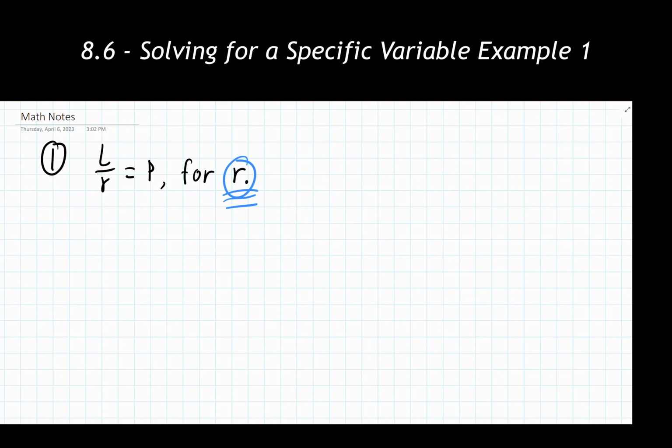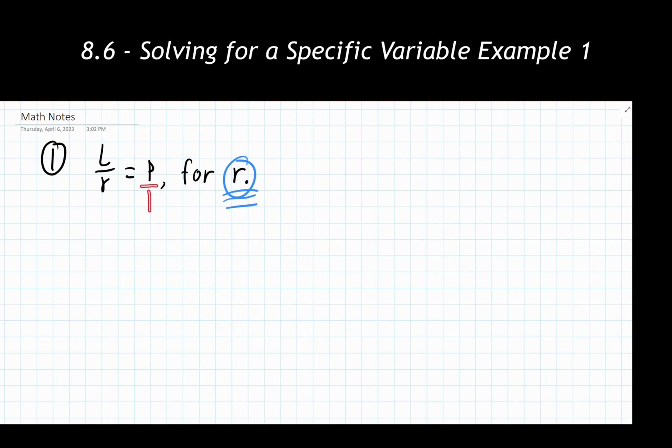So I'm solving this equation for r. r is currently in the denominator of this fraction. So we have a couple options with this. We can either just try to get the r out of the denominator spot, or we can eliminate fractions entirely using what we did in our previous part of this same section. Now in this case, it's not really going to make a huge difference in what we want to do with that, but it is one of the routes that we can take. The other route that we have is to notice that this right side, well, it's just written as a single p over there. It is implied to be a fraction.